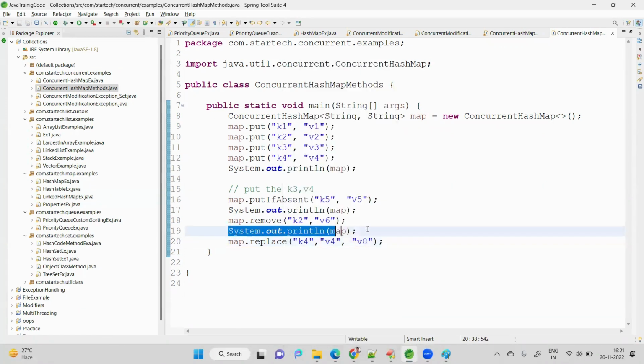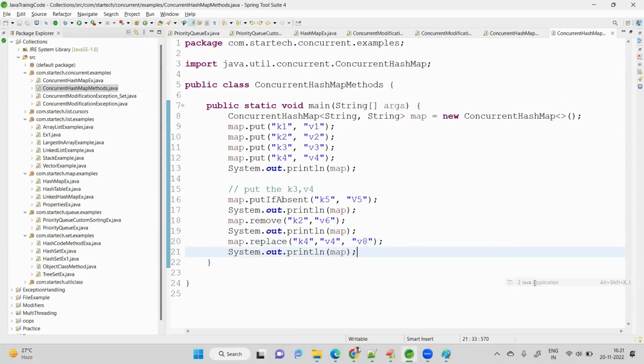That is the replace method with 3 arguments. And after replace, I'm printing the data to check. Okay,